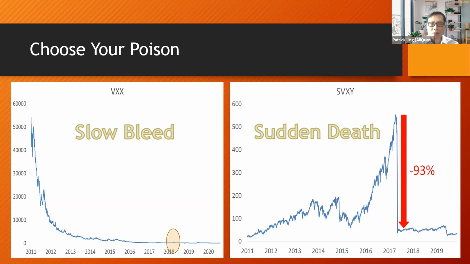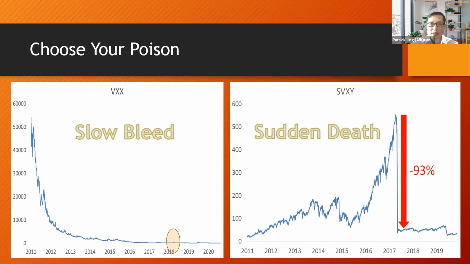In fact, this event was so bad that the issuer for SVXY decided to delever the instrument by half. What this means is that SVXY is now only half as sensitive to the movement of VIX as before. If VIX drops 10%, SVXY is now only expected to rise by 5% instead of 10%. Okay,